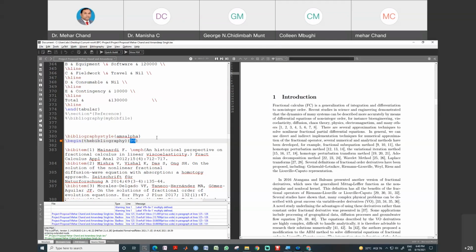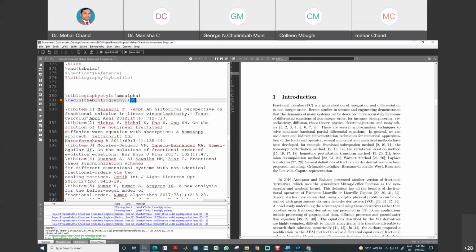Okay, and if the number of references is more than 100, or these are 3-digit numbers, in that case we will use 999 here. Or if these are between 100 to 200, then you can assign the number 200 only. And if these are more than 200, then we will use 999. So if the number of references is a 3-digit number, then we use 999 here. Okay, so the reference we will insert here